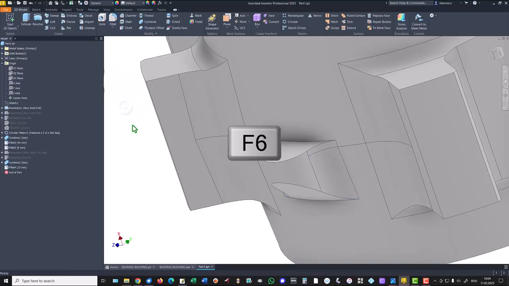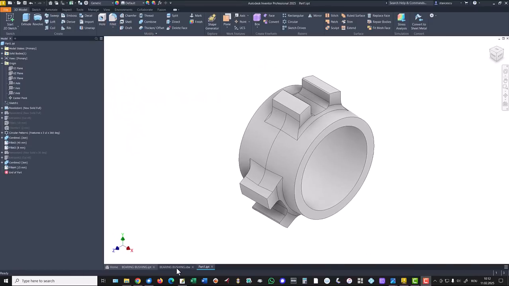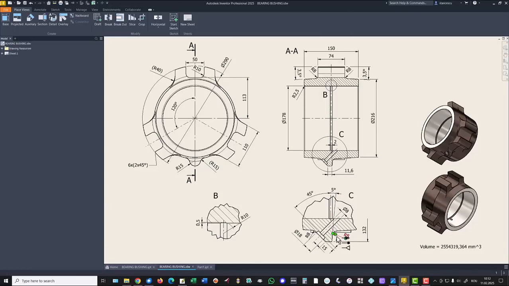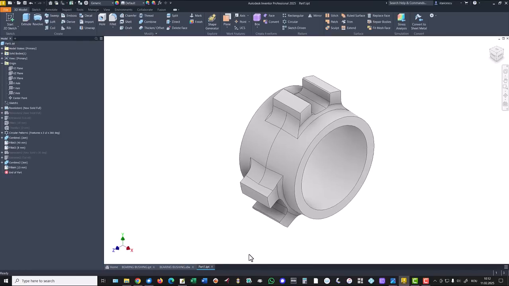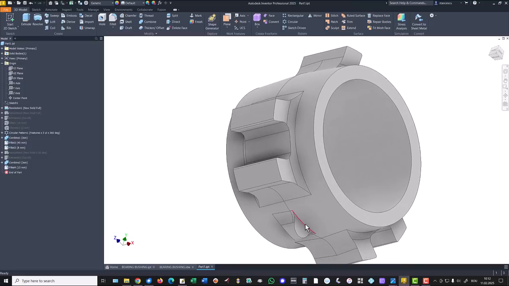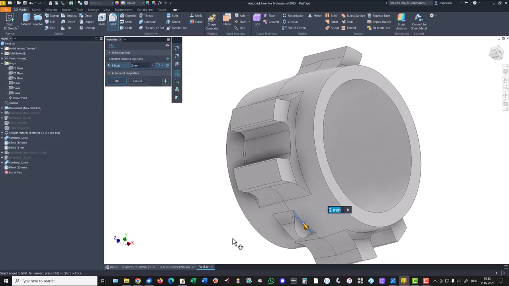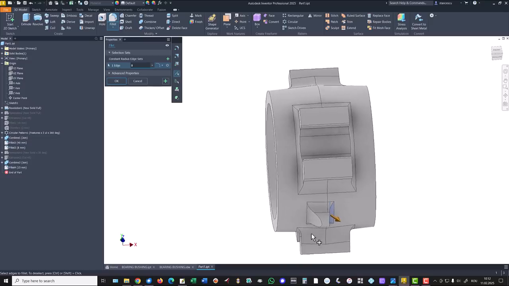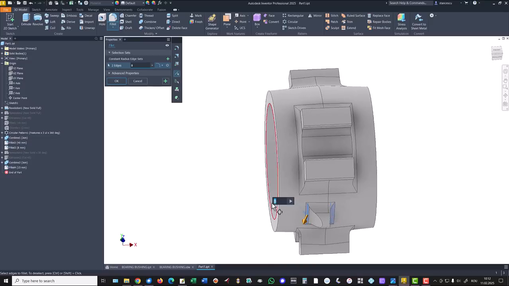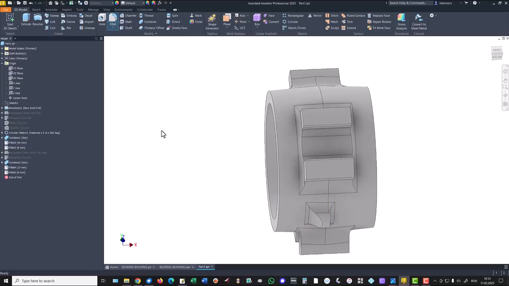Okay, now we apply this to radius 8 fillets. This is one of them, 8, and this is the other. Okay,